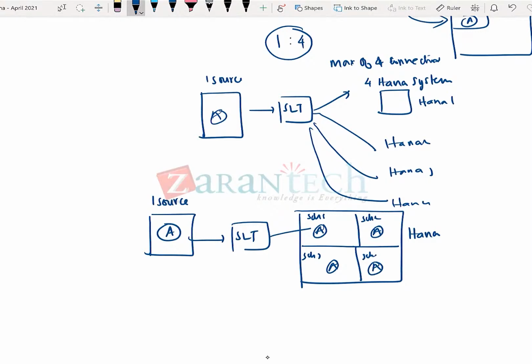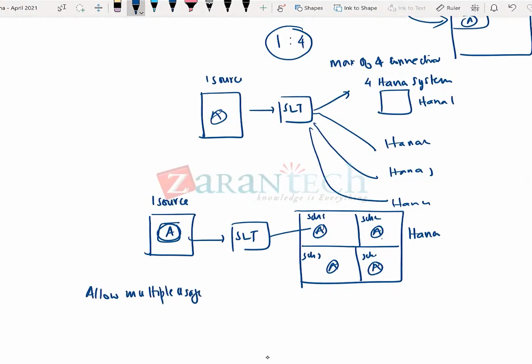Again, theoretically, it's okay, but practically, do you see replicating the same data table A in 4 different schemas within the same box? You won't do it, right? You're duplicating the data. But from a certification standpoint, they will ask you, if the option allow multiple usage